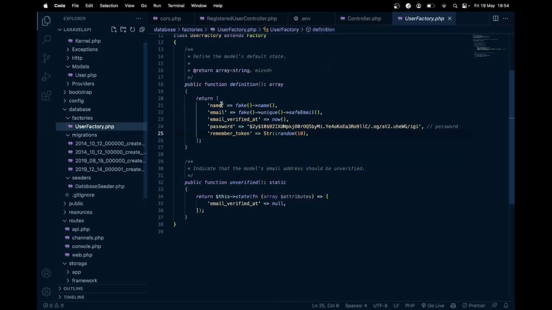Inside a factory, you just provide the names of the columns, and also some unverified functions. Here, as it says, it indicates that the model's email address should be unverified. So what should be the default state for unverified things? Your email verified, by default, is going to be null. And here, what we do is go back over here,